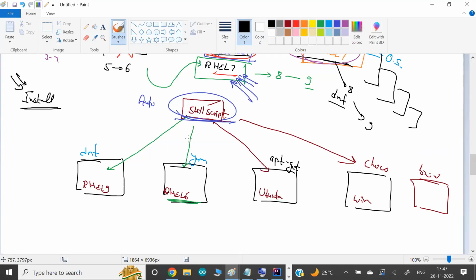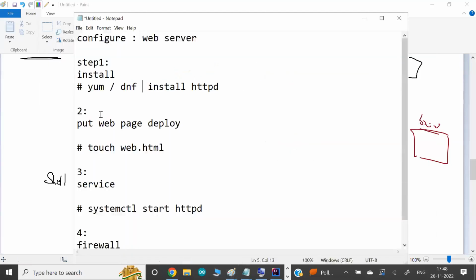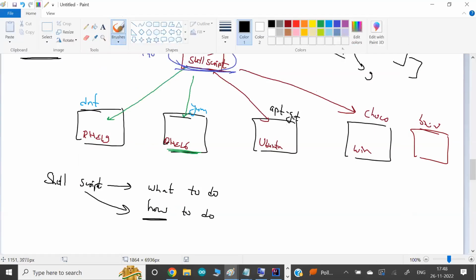Okay, it means a script is not intelligent. The way we write scripts for automation, I'm talking about shell scripts, or maybe any other scripts, there you should be very specific about what you want to do and how to do it. If you don't tell it how, the script won't automate it. If you don't tell it the command is yum, the command is systemctl, the script will never run. So what you want to achieve, you have to tell the script, and how you want to achieve it also. How is the key here, you also have to tell the script, otherwise it won't work.